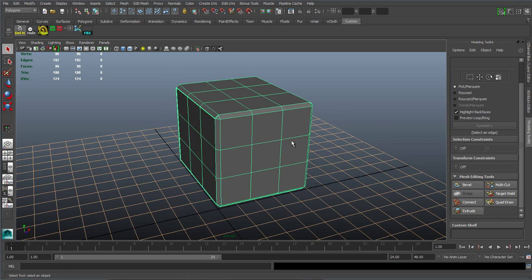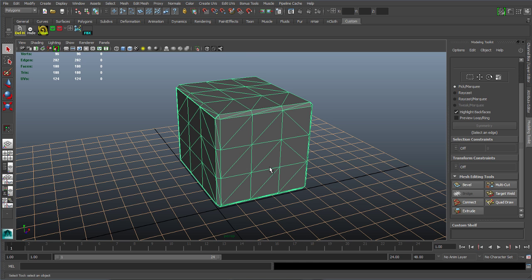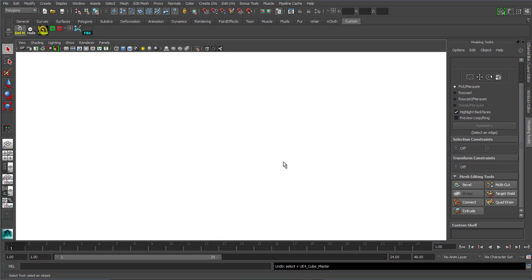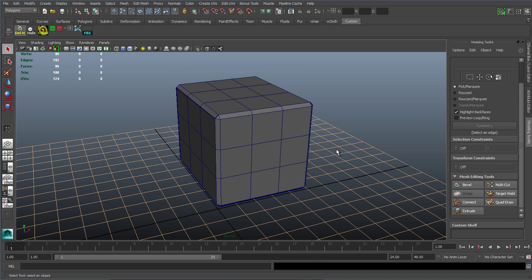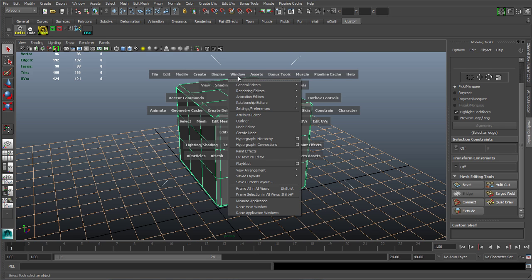The next thing you want to do is triangulate your mesh. This is really important because if you don't triangulate your mesh, it'll be triangulated for you automatically. Now, most of the time that's perfectly fine, but sometimes that can create unexpected results. So triangulating your mesh in Maya first is a good idea. I'm going to undo that and worry about triangulating at the end when I'm finished and ready to export this thing